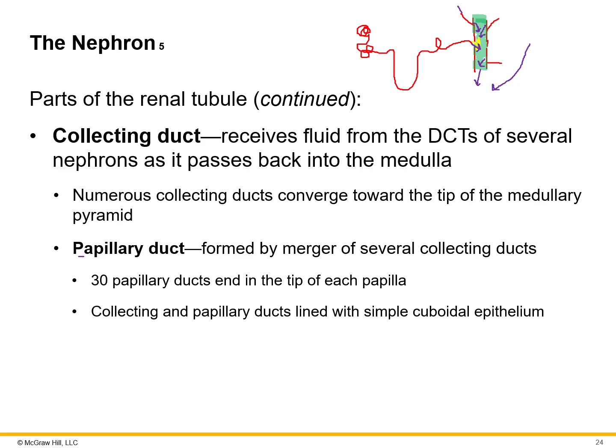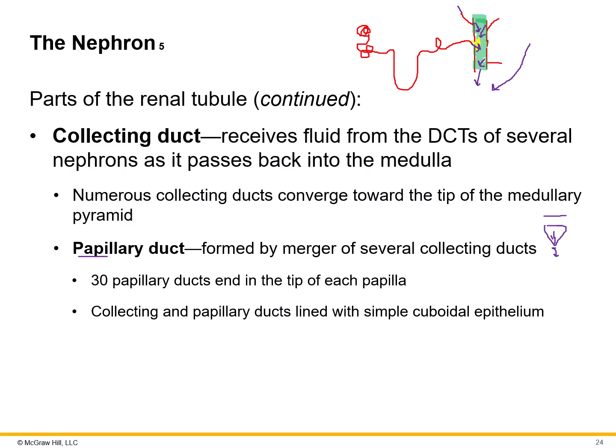So we're right at that papillary region, the papillary duct, right at the tip of, remember, our little medullary pyramid. Here's the cortex up here. All of this is draining toward this region, and then these little papillary ducts at the tip of each pyramid are going to collect that filtrate, and they are going to drain it